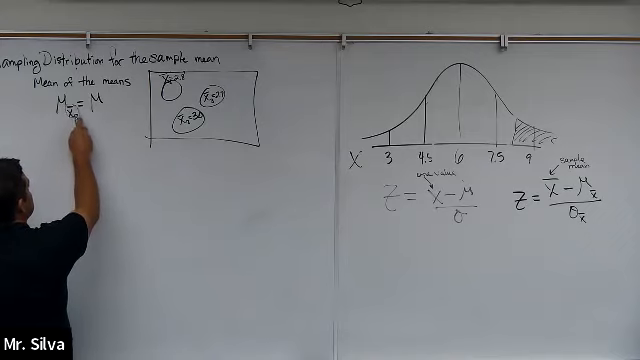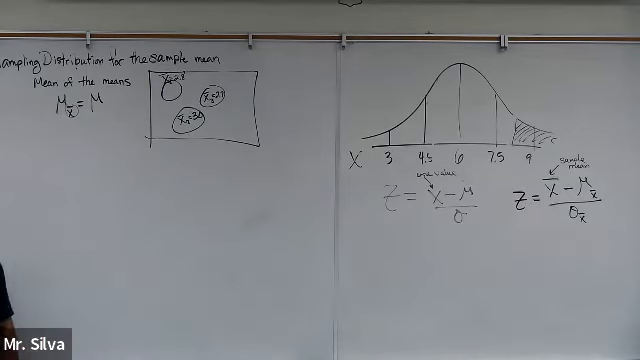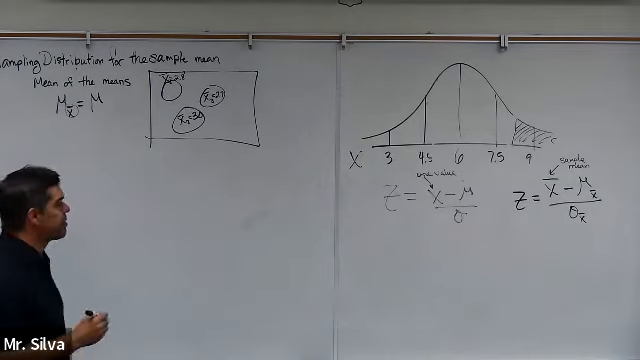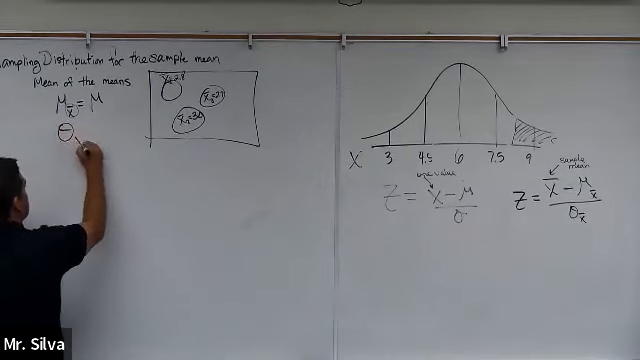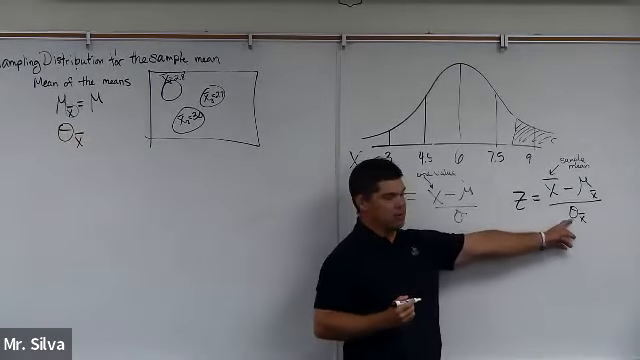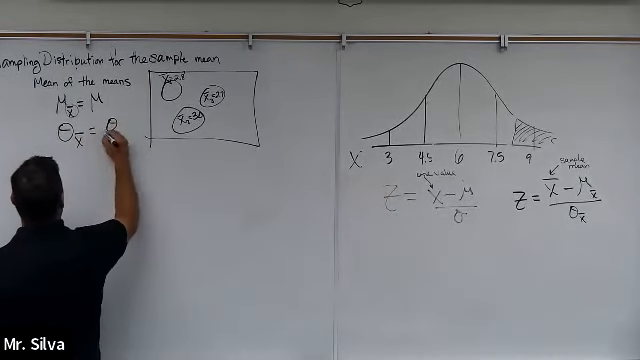Sampling distribution for the sample mean. So here's the sample mean, here's the population mean. The mean of the means is equal to the population mean. The central limit theorem tells us that the mean is equal to the population mean. The central limit theorem also tells us that the standard deviation of the sample mean is equal to the standard deviation over the square root